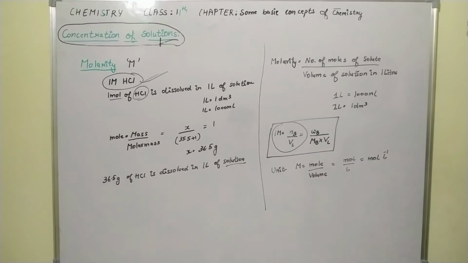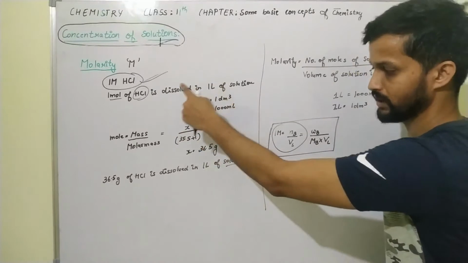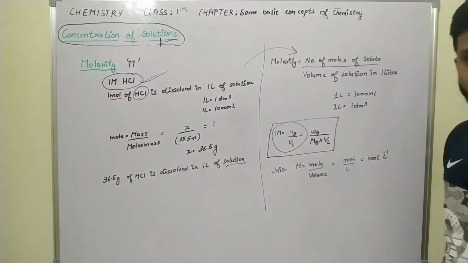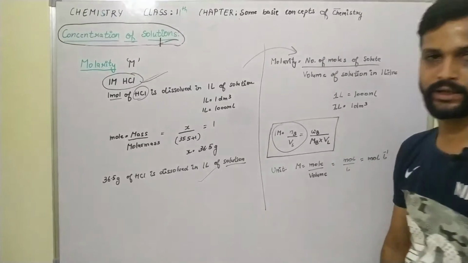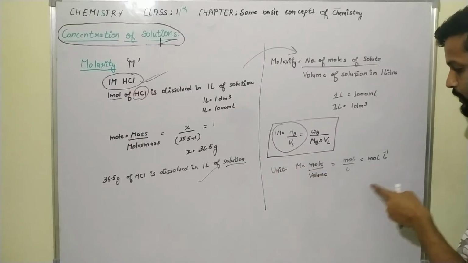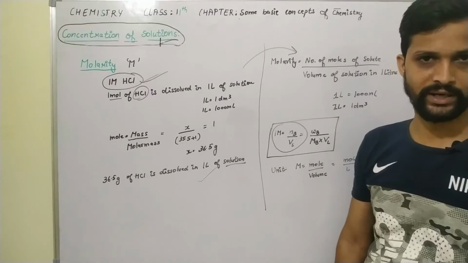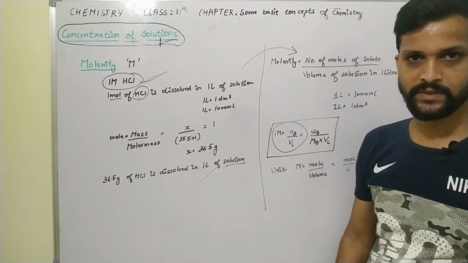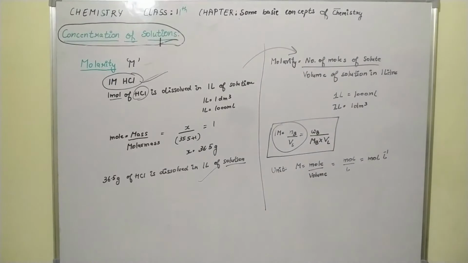So students, is it clear? This is the practical meaning of molarity. You have to understand the practical meaning of the molarity, then understand the definition, because most of the numericals depend upon the practical meaning. So this is the practical meaning, definition, and these are the units of molarity. Now we are going to do a number of numericals with different concepts of the molarity, with respect to density. Clear? So let's start the numericals.